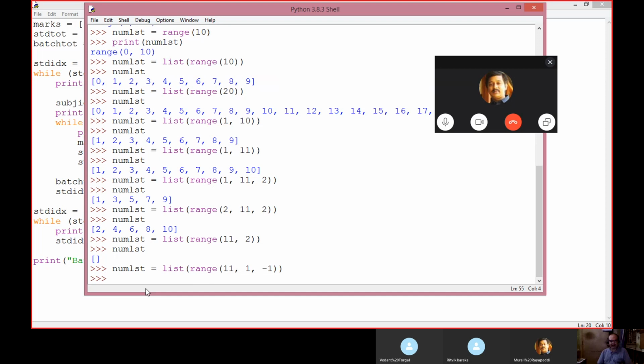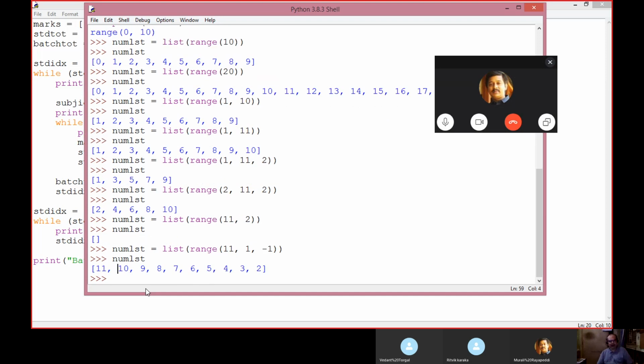We have start at 11, end at 1, and instead of increment, go for the decrement. See, it is starting at 11 and ending at 2. Why? One more than the number. So if I wanted to say from 11 to 1, then I should have a 0 here.